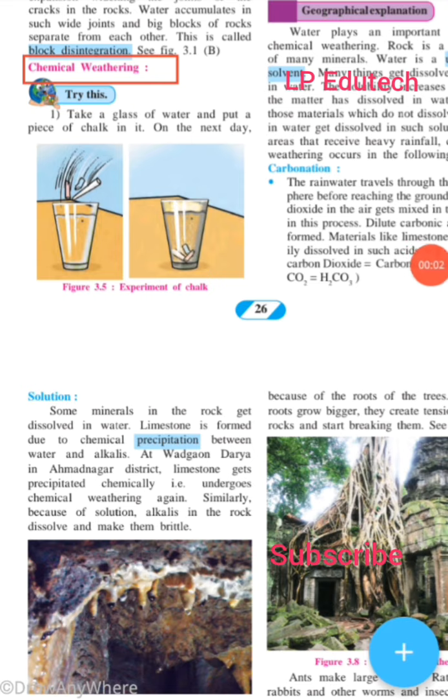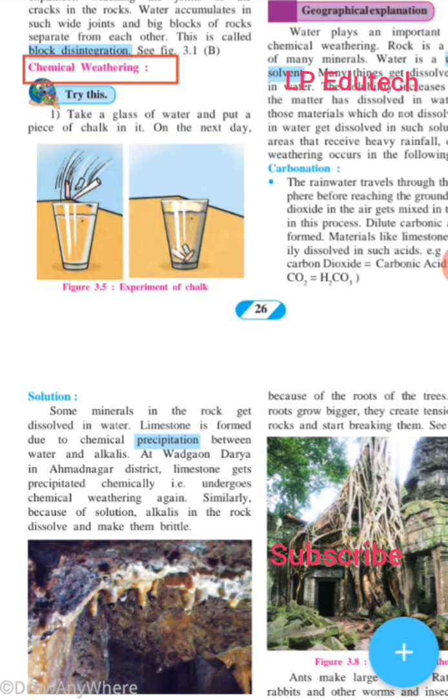Hello student, now we are learning lesson number 3 of standard 9 subject geography, entitled Exogenetic Processes. In the first video we saw one type, that is mechanical weathering. Now in this part we are going to learn about chemical weathering. On the opening page, page 26 of the same lesson, we have an activity